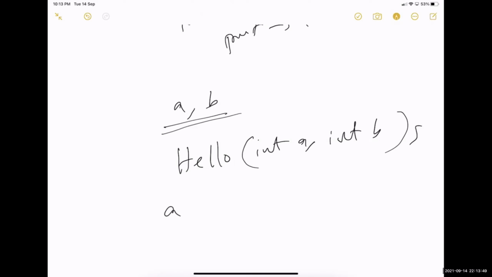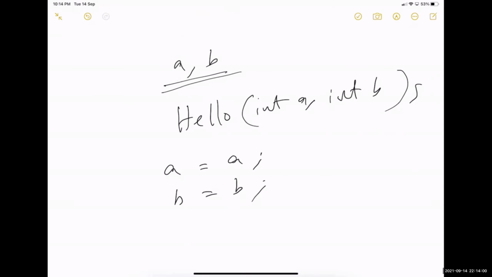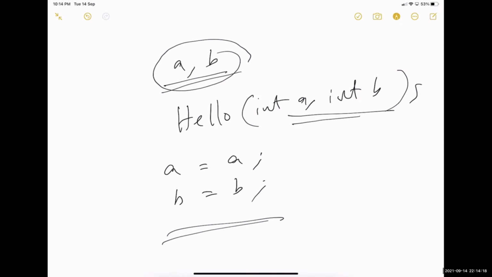So can I say A equal to A and B equal to B? Yes or no? No, right? I cannot, because both these A's will be referring to the local variable, not to the instance variable. So how can I refer to the instance variable from here?